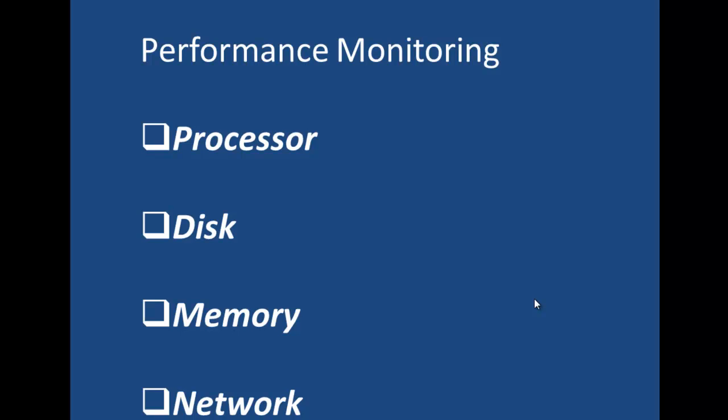By understanding how the operating system uses the four key hardware components, which would be the processor, the disk, the memory, and the network, and how these key components interact with one another, we are able to understand how to optimize server performance. What we really want to do here is to perform what is called a baseline check of